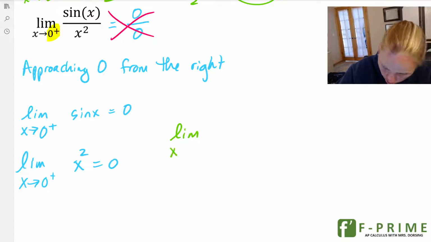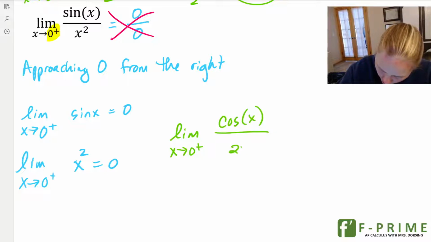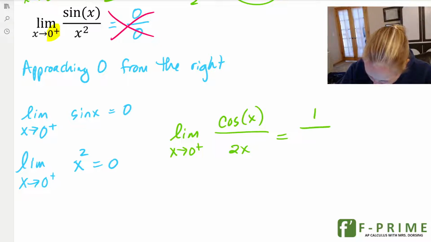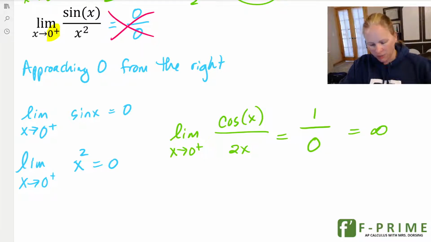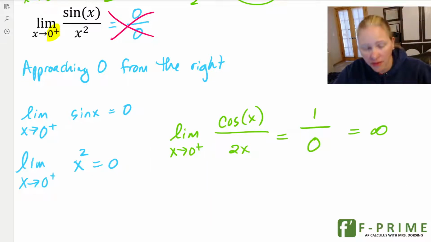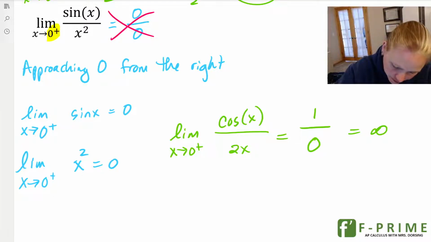The limit as x approaches 0 from the right, all right, cosine of x over 2x. From the right, cosine becomes 1, and then this becomes 0. So, oh, it's infinity. So 1 divided by 0 gives me infinity for this one. So this one has a limit approaching infinity. Now, one thing I will make sure that we understand here is that we are approaching this from the right. If we were going to approach from the left,